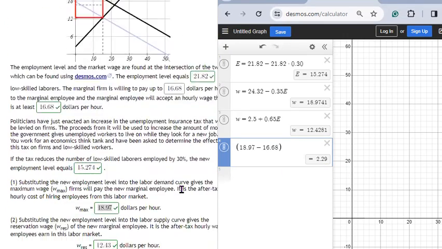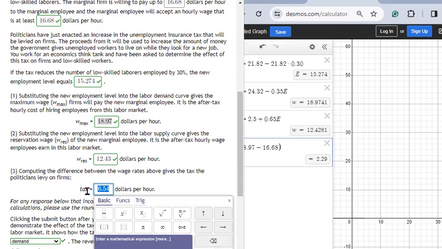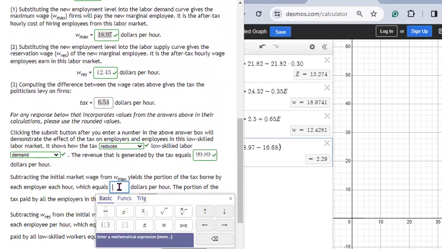Now, the firm is cutting the check for the 6.654, right? So they, again, don't want to pay all of this. They want to shift it as much as they can to the employees in the form of lower wage offers, right? It shifts most of it, not all of it. It shifts it to the employee with the exception of 2.29, right? So its burden of the tax is 2.29,